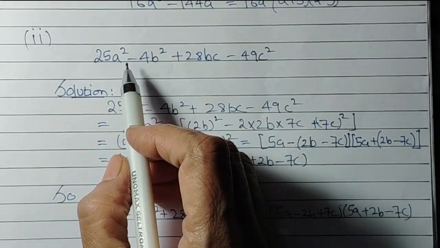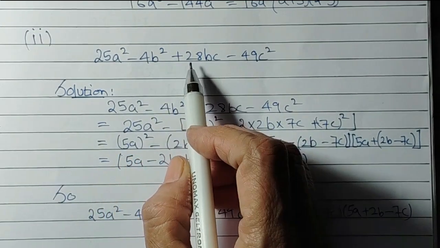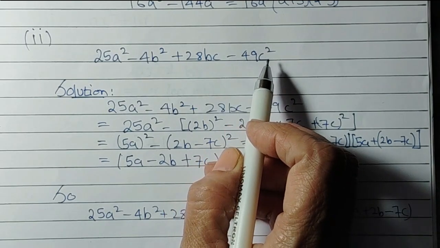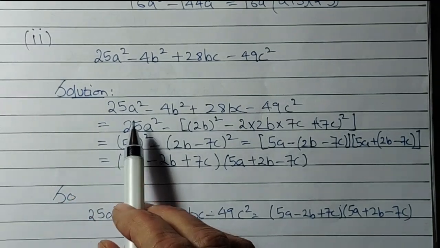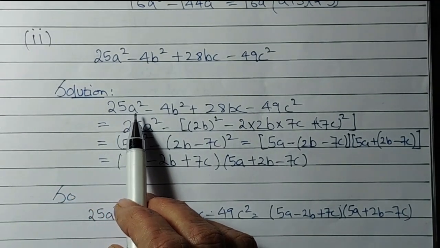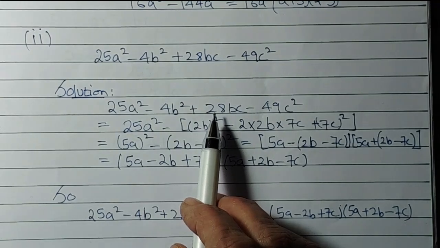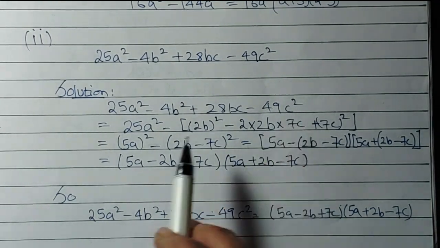It is 25a square minus 4b square plus 28bc minus 49c square. We have to factorize this. So the solution will be, it is 25a square minus 4b square plus 28bc minus 49c square. It can be written as